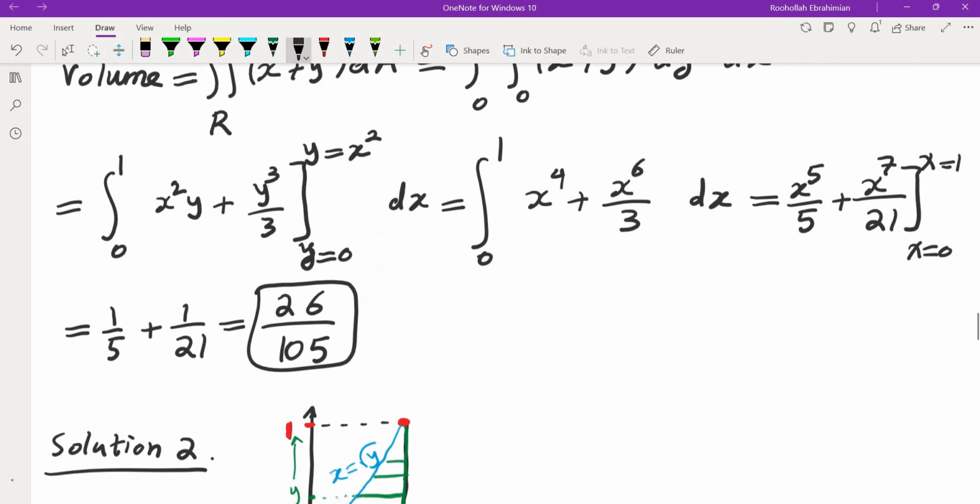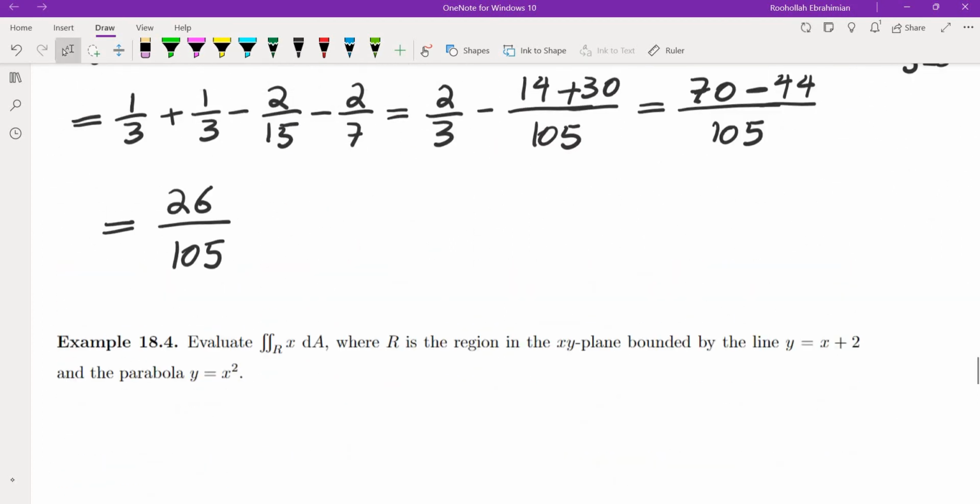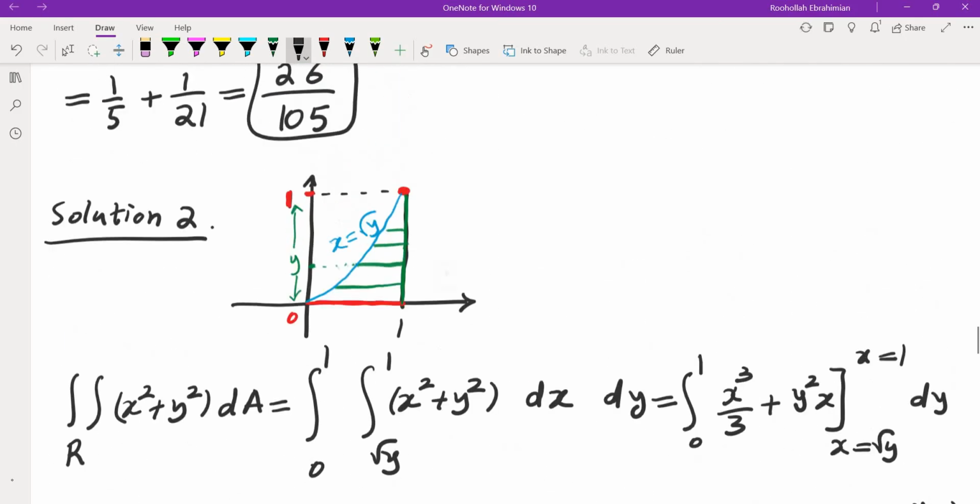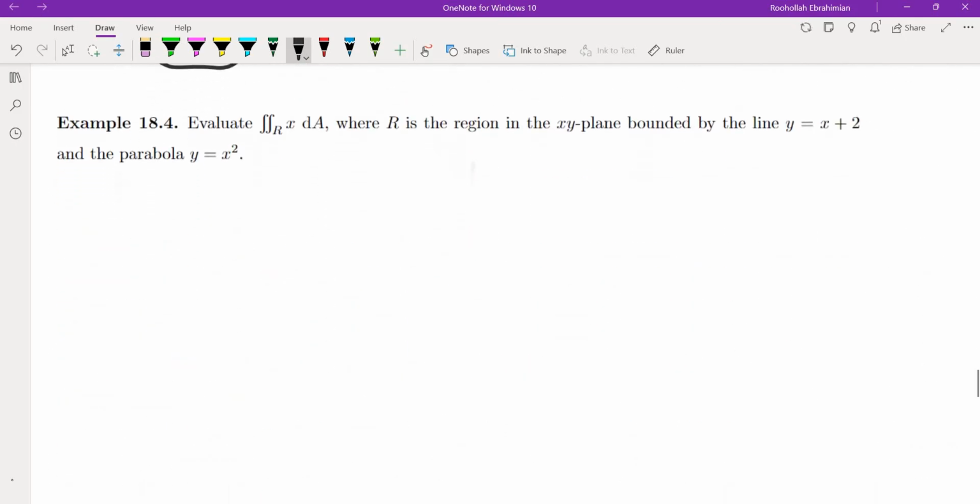And let's see if that's what we got. Yeah, so 26 over 105 is exactly what we got for the other, using the other method as well. Okay, let's do one more